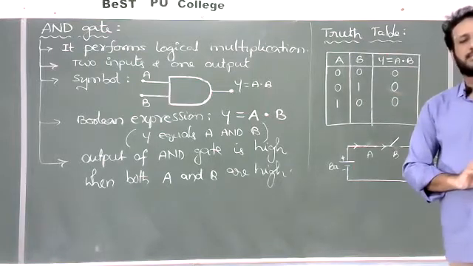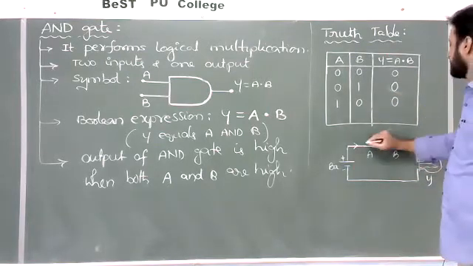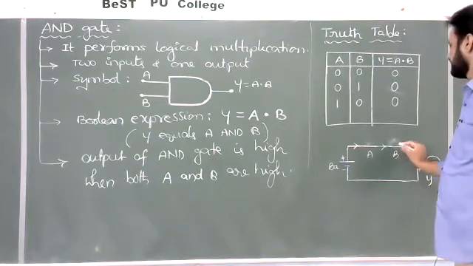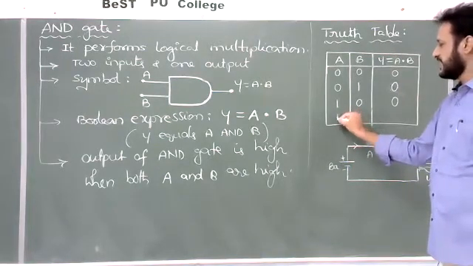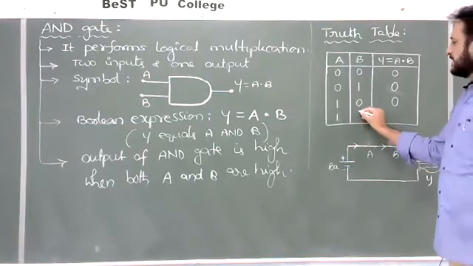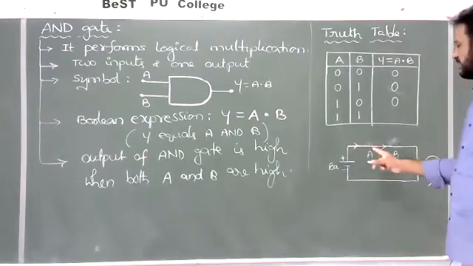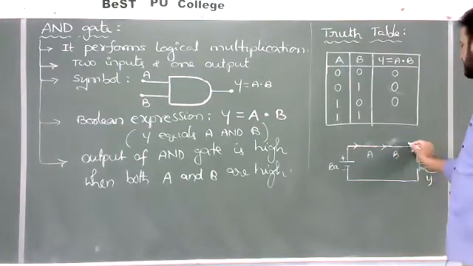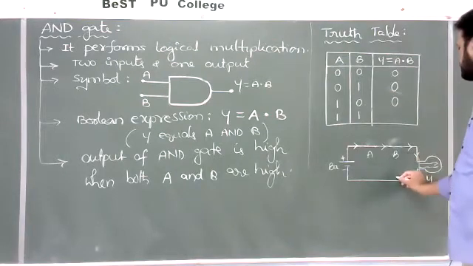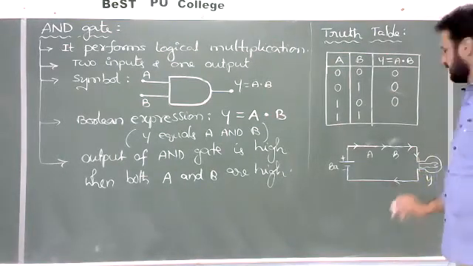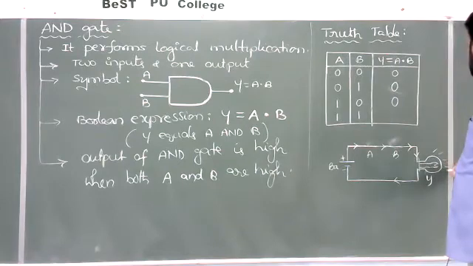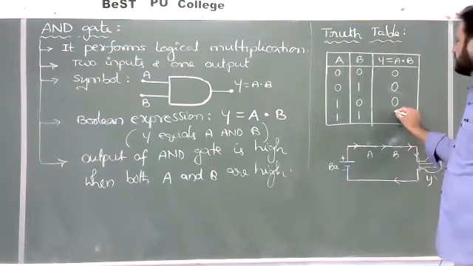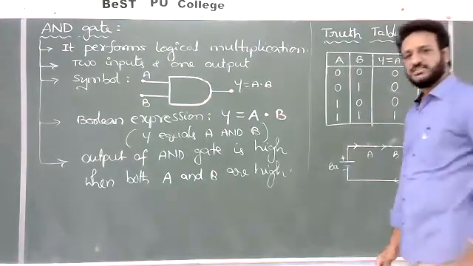Fourth case, what is the possibility? Both the switches are closed like this. So whenever first switch A is closed 1, B is closed 1, A allowed the current, B also allows the current. Then current will be supplied to the bulb like this. Then what will happen? Bulb is said to be in on condition. Correct? Bulb will be glowing means 1 you should write. Correct? So that is a truth table.